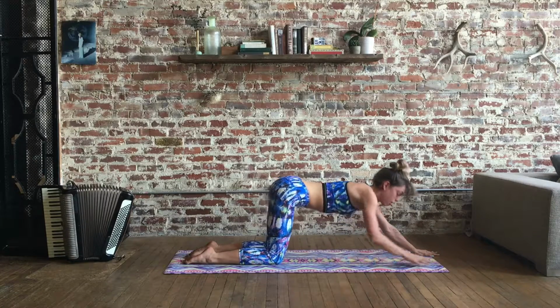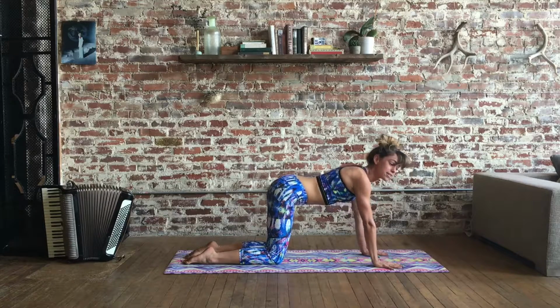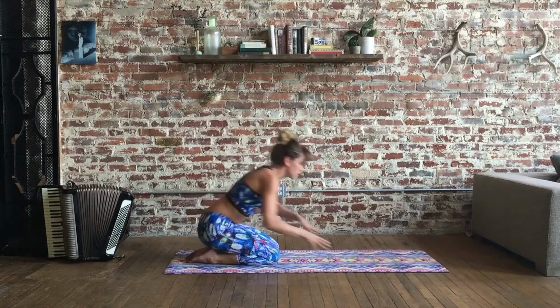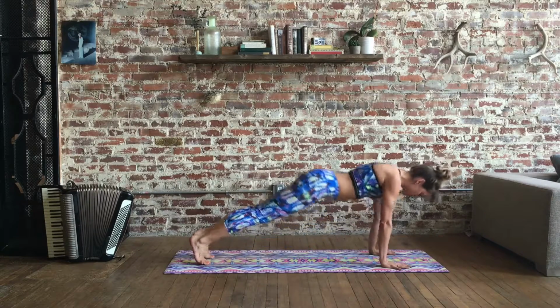So it's literally heart chakra pose. Anahata is the heart chakra. It's opening up through your heart center. So some other great movements